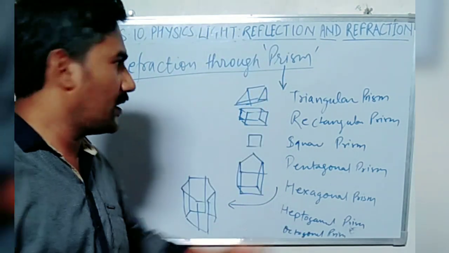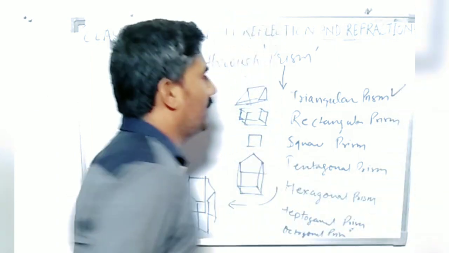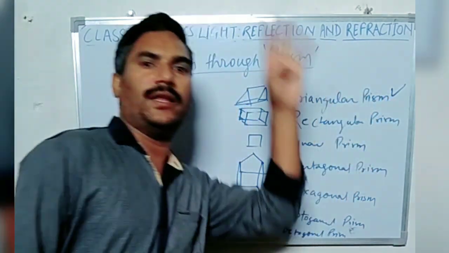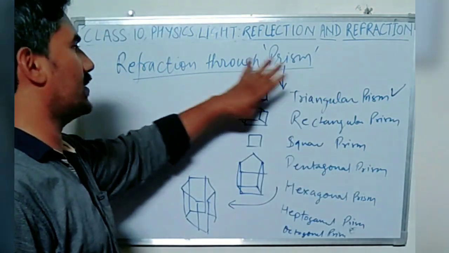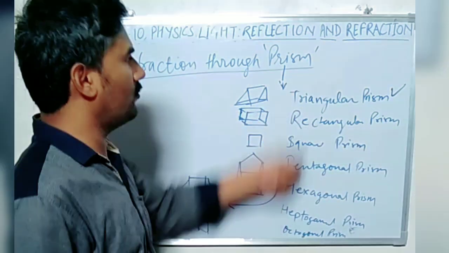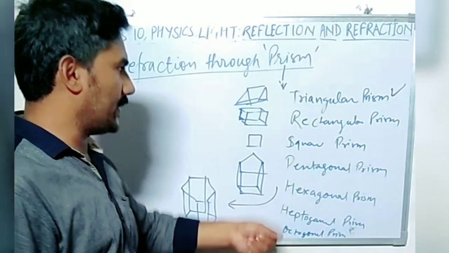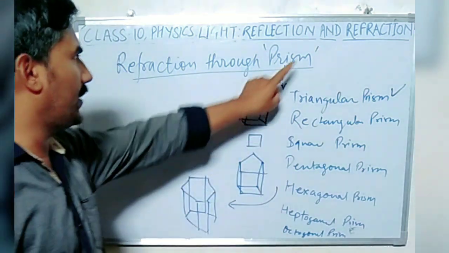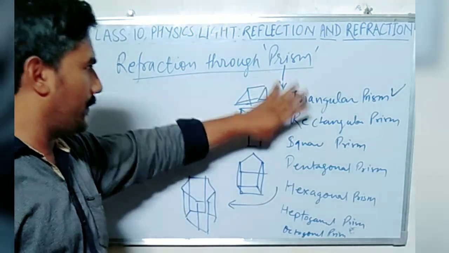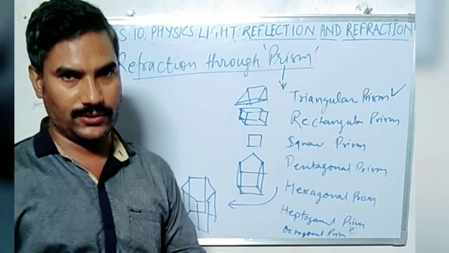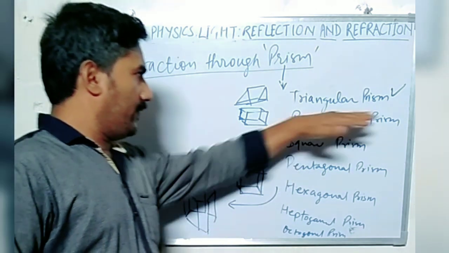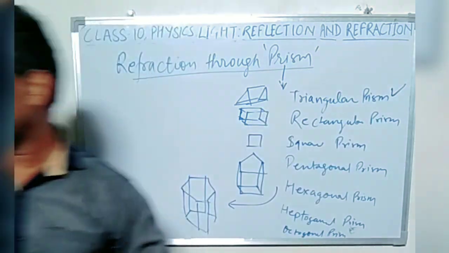Out of these, we have to deal with only triangular prism and the refraction through the triangular prism, deviation, and everything we will discuss about triangular prism. None of these other prisms. But we have just gone through all this so that you should know what types of prism there are. We don't have only this kind of prism as we obtain in the lab, and we must have seen, but we have all these kinds of prism also in our scientific laboratories. So we will deal with this triangular prism.